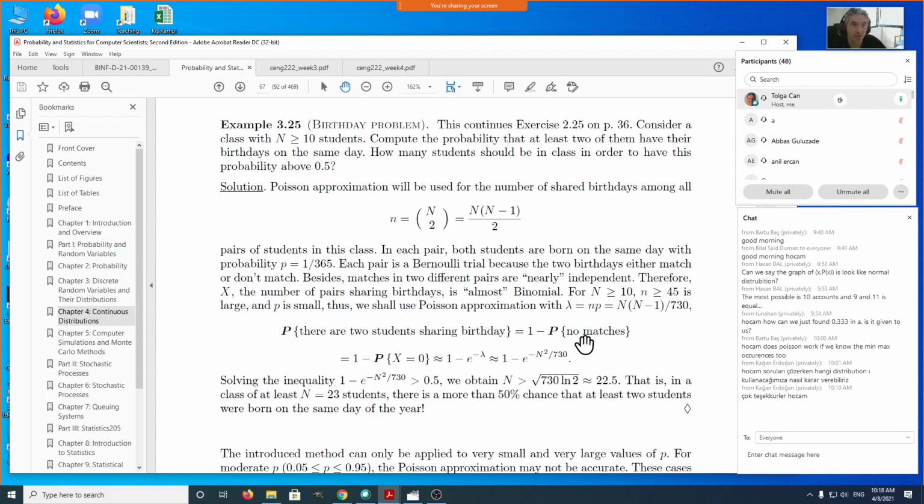What is the probability of 0 events in those trials? So X is now our Poisson random variable, X is equal to 0. We don't observe any rare event, that rare event being sharing of a birthday. The probability of observing no rare event will be equal to this roughly, and this approximation is again